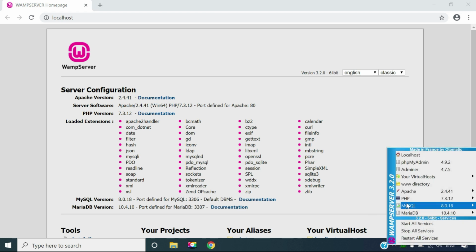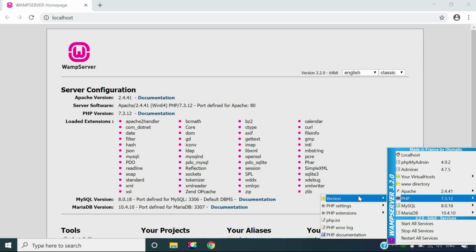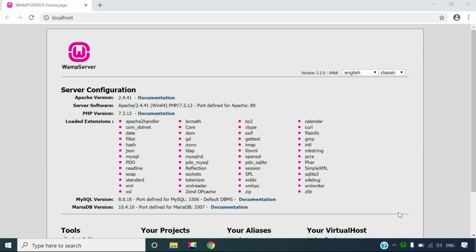You can change the PHP version here from 7.3 to 7.4. Wait for the WAMP icon to turn green. Refresh it.